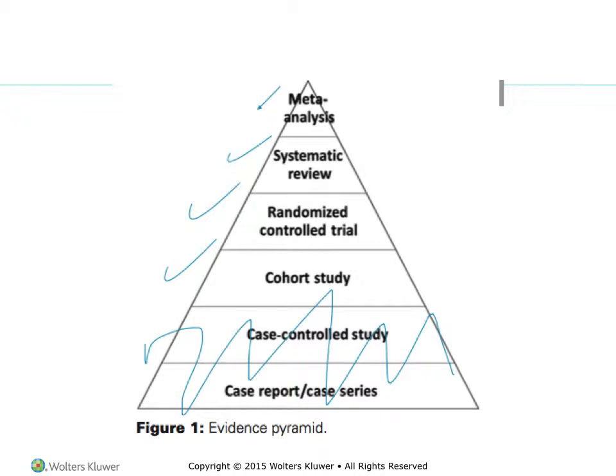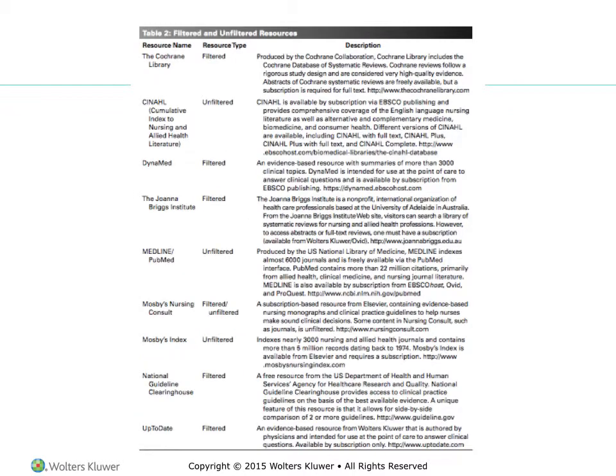So randomized controlled trials control for variables that can alter the results of the study. And then we already talked about the systematic review and the meta-analysis. This is just a table from one of the articles that is assigned for reading, which looks at the difference between filtered and unfiltered resources. And it really boils down to